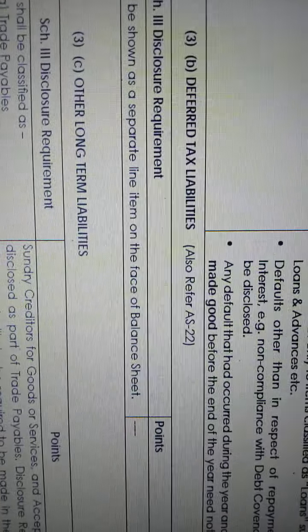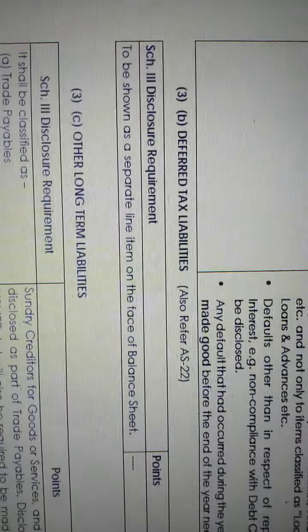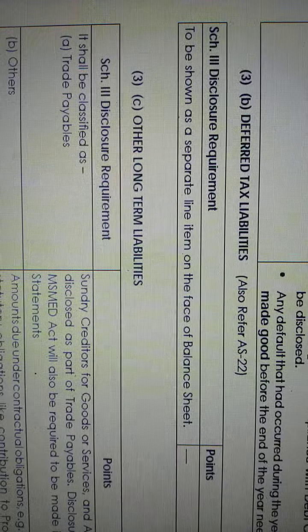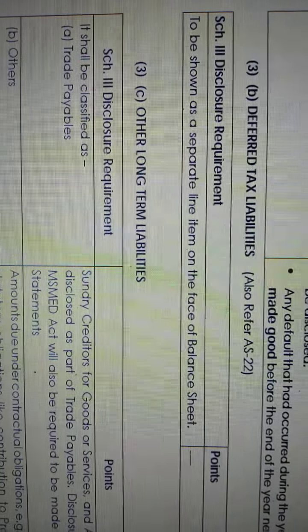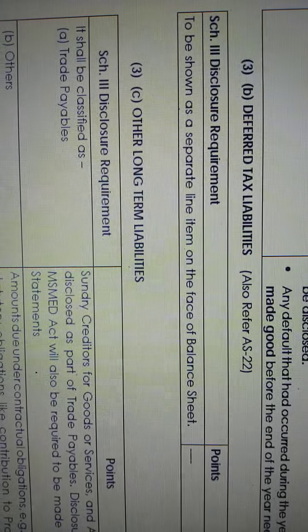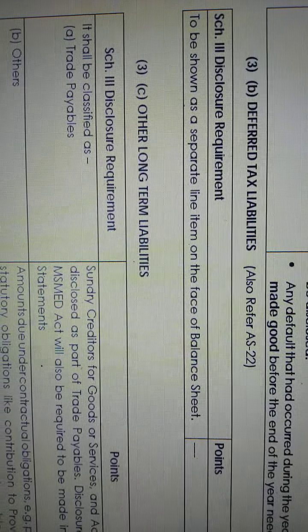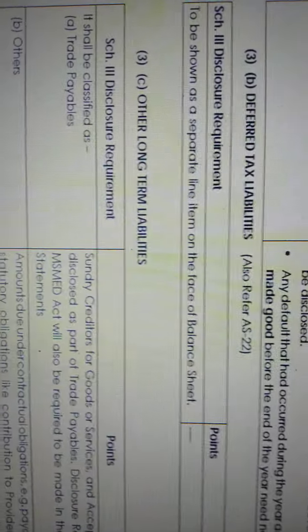deferred tax liability. What is this deferred tax liability? As per AS 22. So what is this deferred tax liability, deferred tax asset? This deferred tax liability or deferred tax asset will arise because of timing differences of payment of tax. Why? Because,